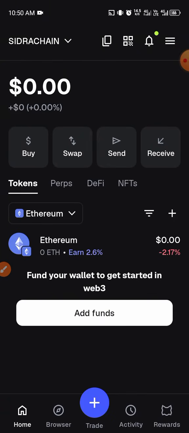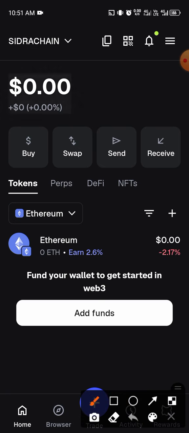Alright, so in this video I'm going to show you how to add Sidra chain to your Metamask wallet. If you have any wallet you bought your Sidra to, you have to import that wallet into your Metamask. In this video I'm just going to guide you on how to add the Sidra chain URL to your Metamask wallet. First of all, you come over to this place,